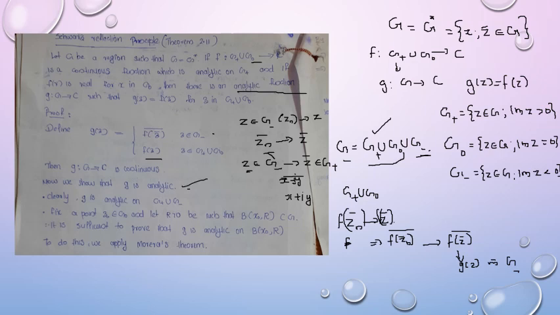Clearly g is analytic on G plus union G minus, because it is given that f(z) is an analytic function, continuous and analytic on G plus. So we can say that f(z) is an analytic function on G plus union G minus. Now we need to show that